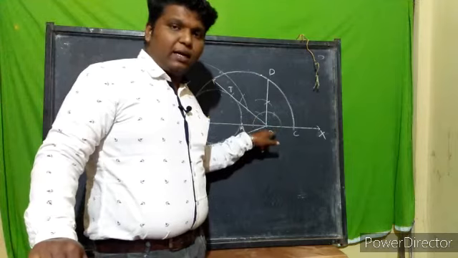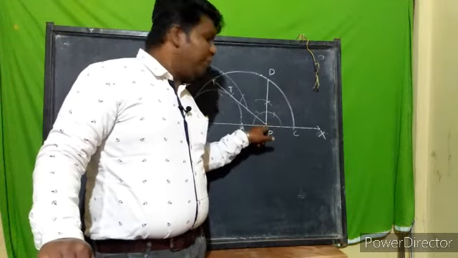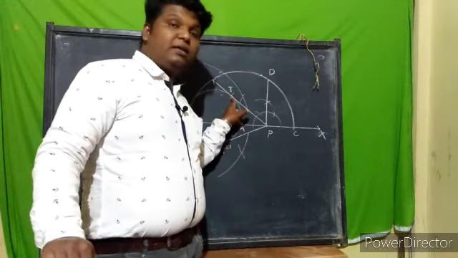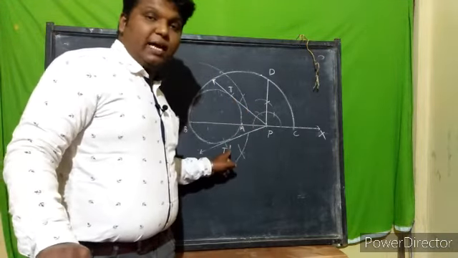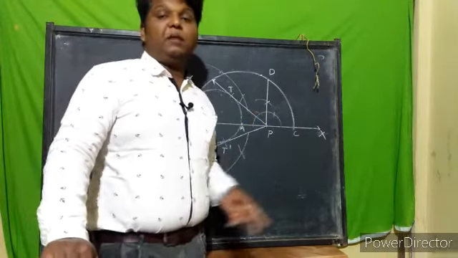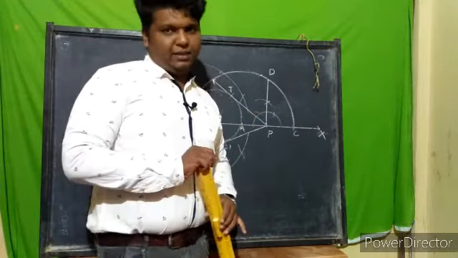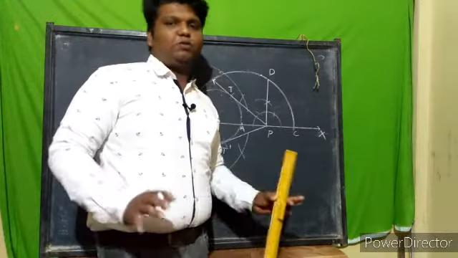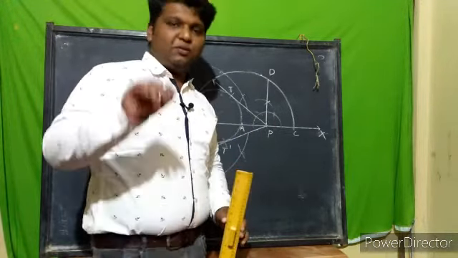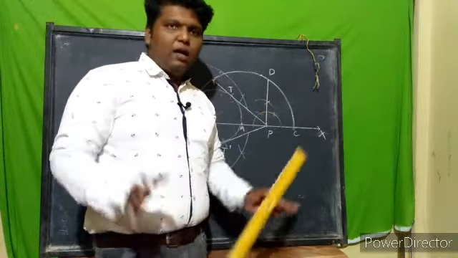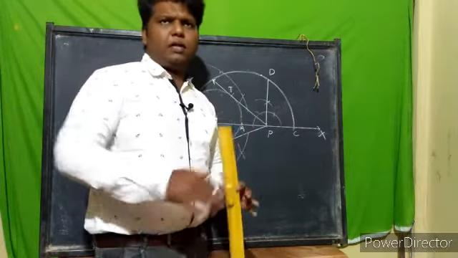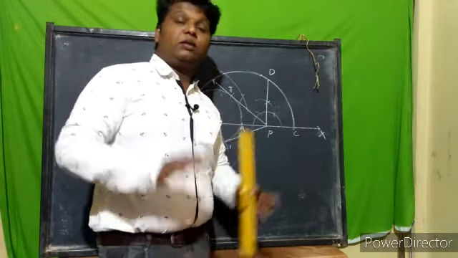PD को radius करके लेकर के क्या करना है? From P cut the circle at T and T dash. Join PT and join PT dash. PT and PT dash are the required tangents. So this is how you have to prepare. So these are the very important tangents which we are studying in standard 12. So this is the rough sketch of the tangents. So just go through these questions and continuously keep on doing this one. It's very important.